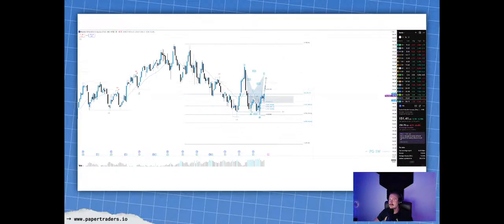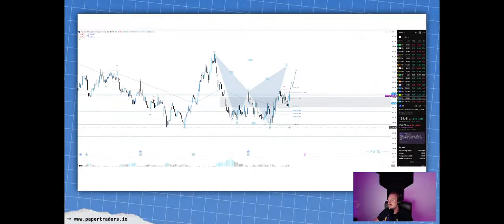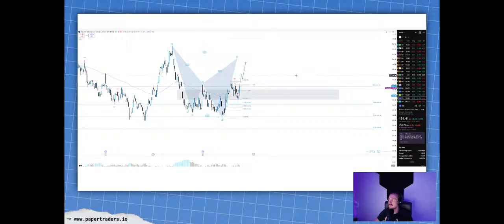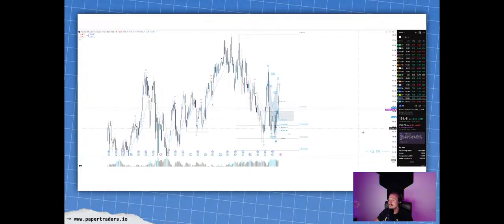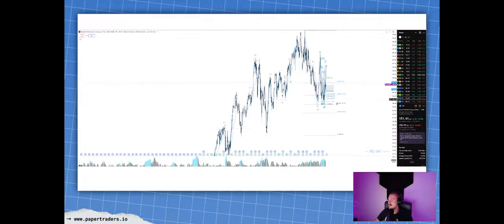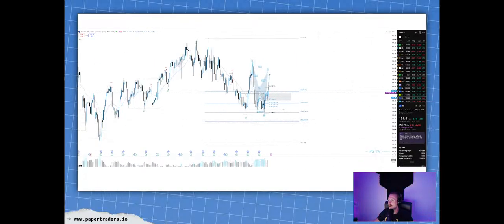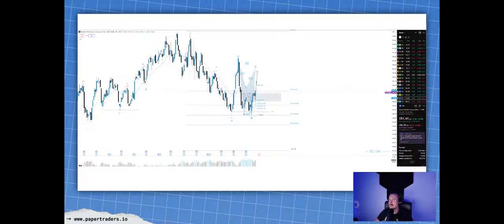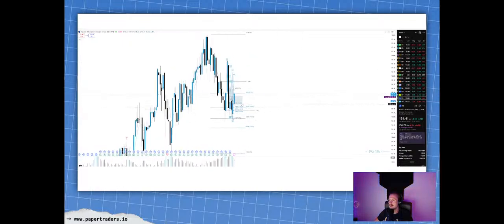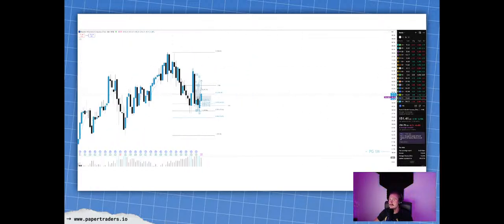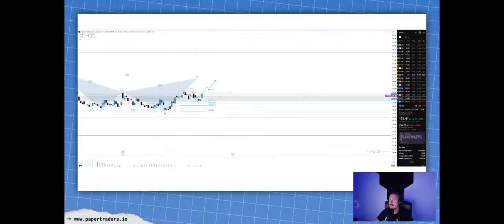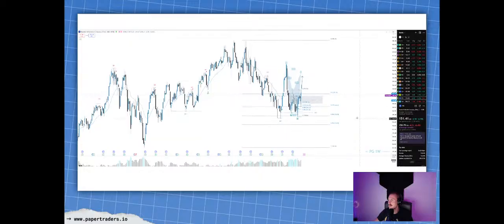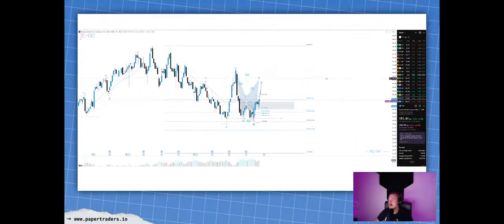PG, similar thing. So PG daily, we're tapping into the OTE of this range right here and seeing a nice continuation out of that 618 of the daily range, weekly range here. If we take this whole range OTE, you can see that price held at 705 really nicely. Several swing failure pivots forming at the bottom. Monthly looks good, and 3-month is looking decent as well. So let's see if we can get a nice continuation on this one.